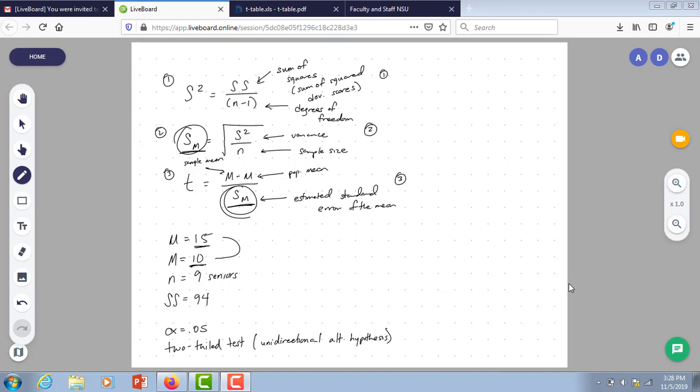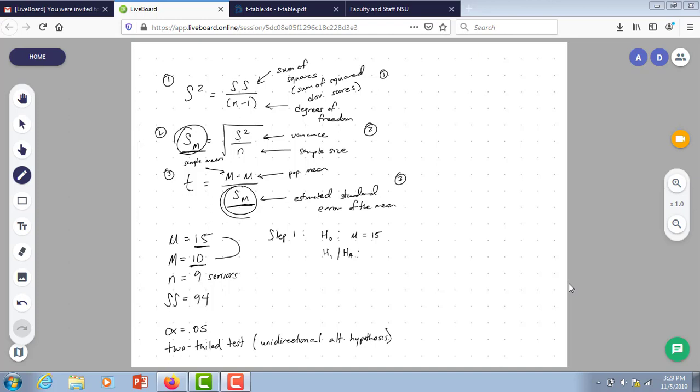So if we were to work through our steps in terms of hypothesis testing, step one would involve specifying our zero effect hypothesis or our null hypothesis, as well as our alternative or our research hypothesis. We would specify it like this: population mean equals 15. In other words, just because we are looking at a different year does not mean that we're going to see